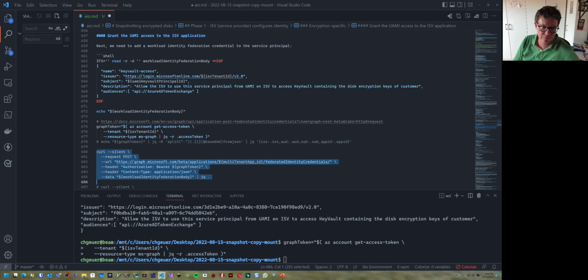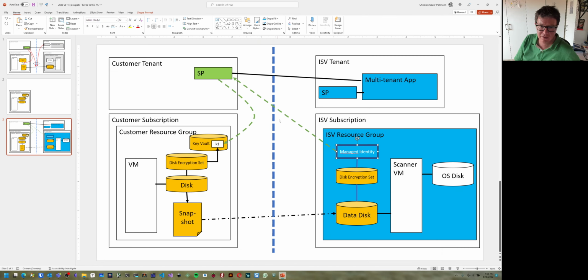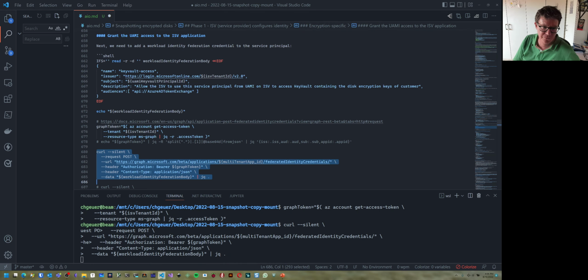And now we create this link here. Let's make this really big here. We now create the link, which, okay, that is bad in terms of colors. Sorry for that. We now create the link so that this user assigned managed identity can actually use this service principal here. The other one doesn't even exist yet. But it can basically use, via the service principal, actually the managed application, right? So we now fire up this call,